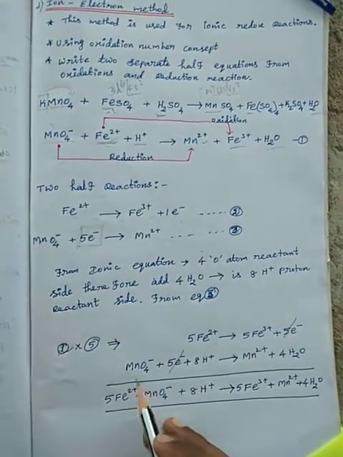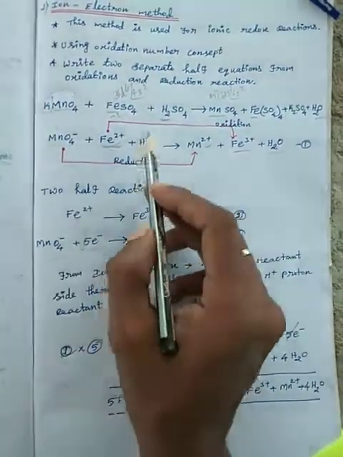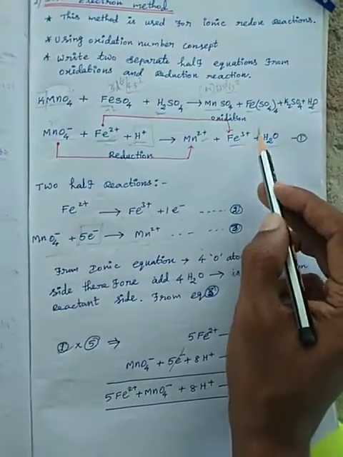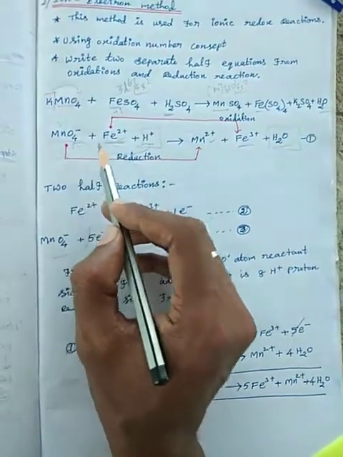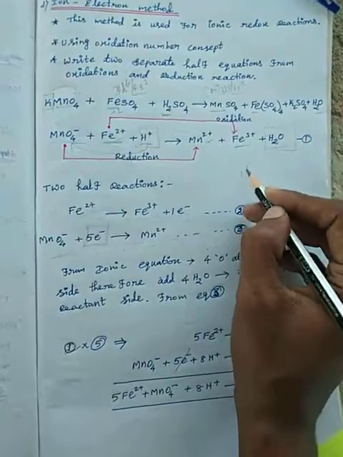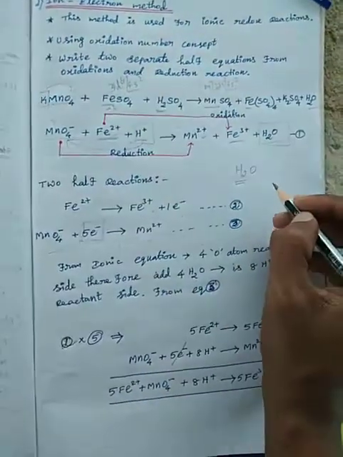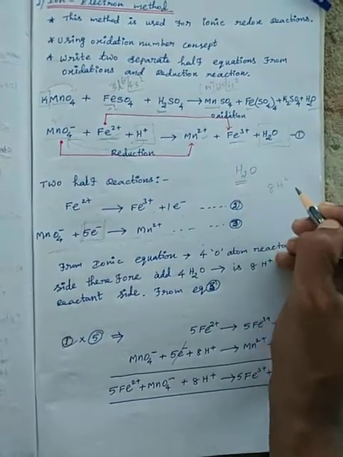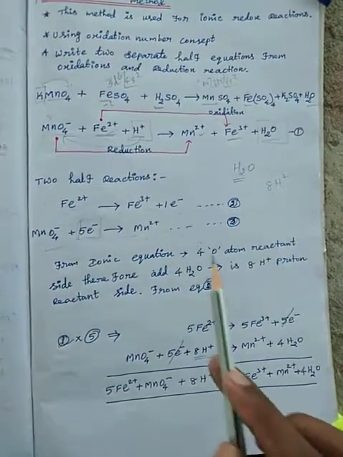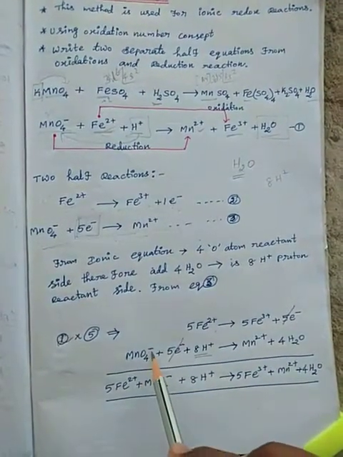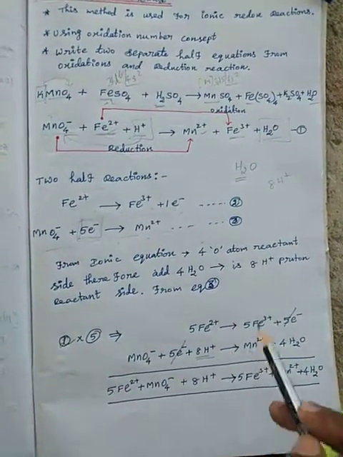Next, in the same equation, after adding, how many times are protons involved on the product side? Protons also are involved. So how many protons will react with the oxide atoms? 1 water molecule needs 2 protons, and there are 4 oxide atoms here, so 8 protons are important. So apply 8 protons in equation 3: MnO4- plus 5 electrons plus 8 protons gives Mn2+.